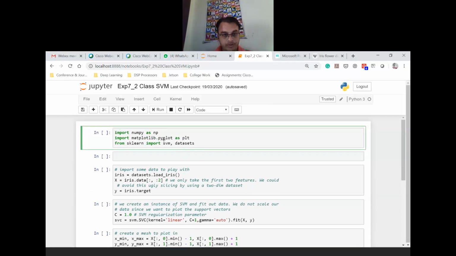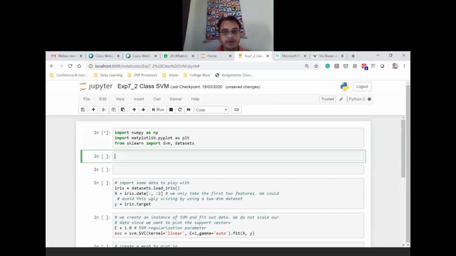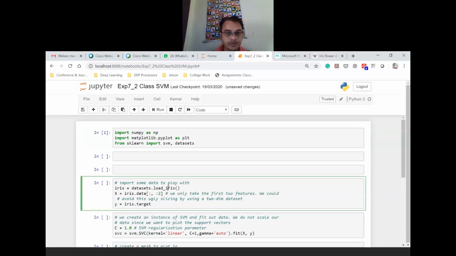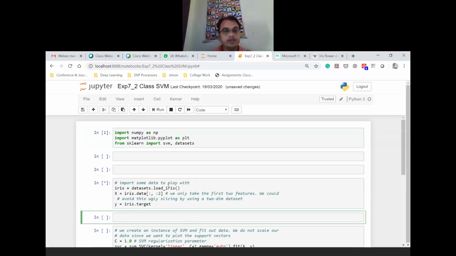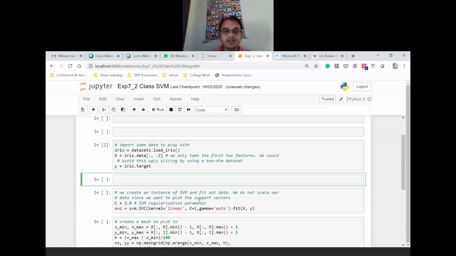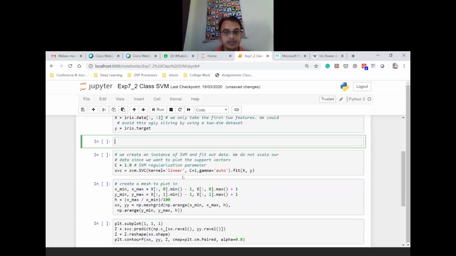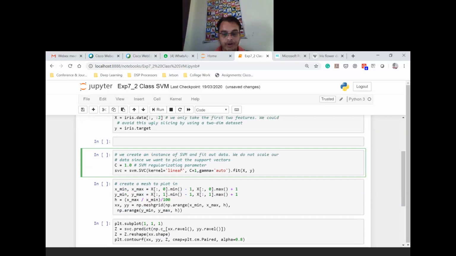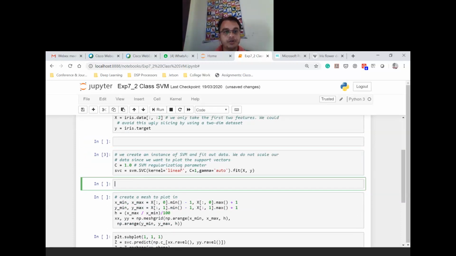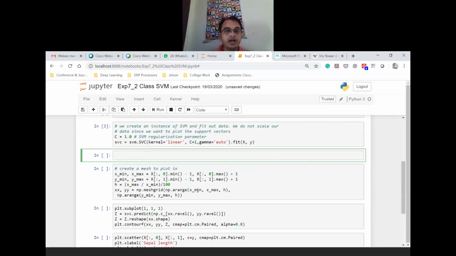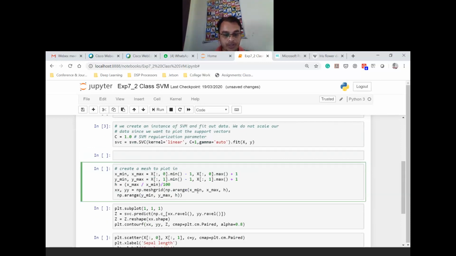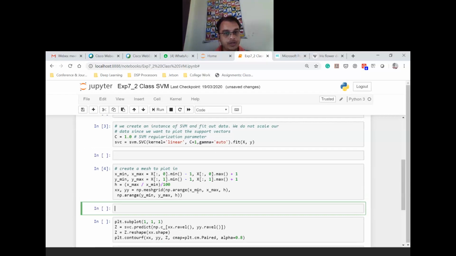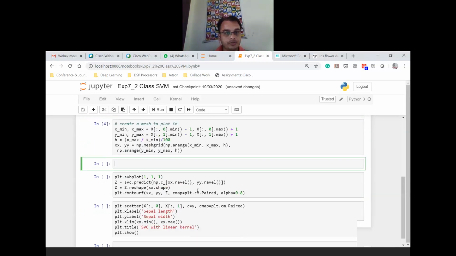So now we are right here. We have executed this task. We have imported the data set. Then we have loaded the particular X and Y iris data set. Then we have added the training part. So training has been done right now. Now once training has been done, I'm expecting to plot the data. Okay, so once the data has been plotted,